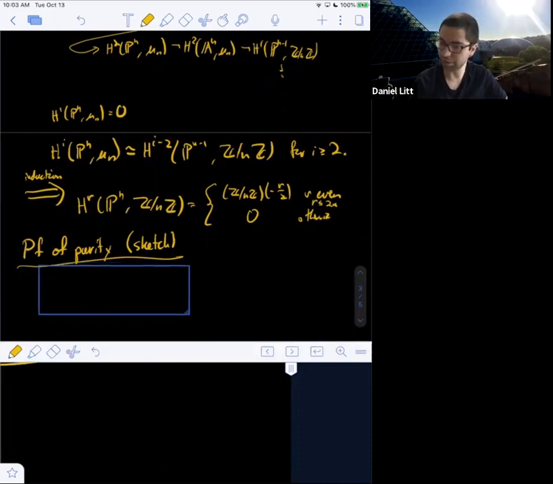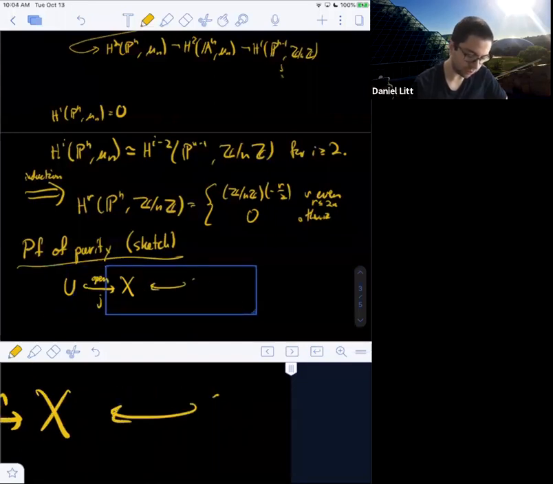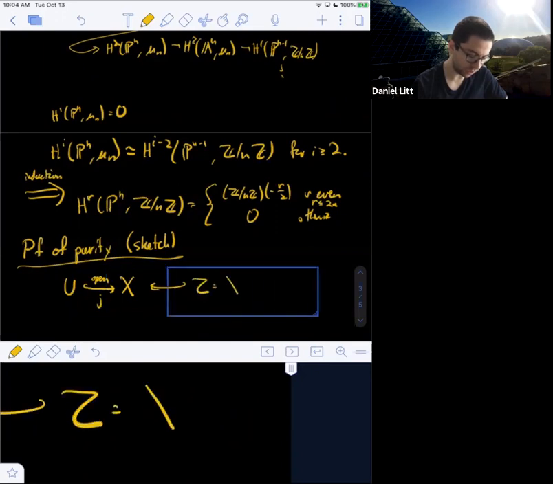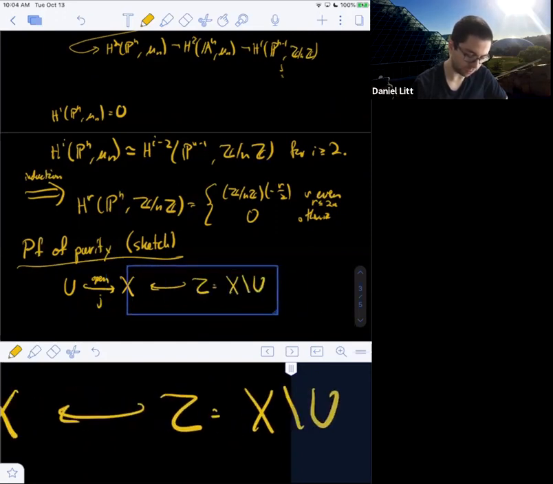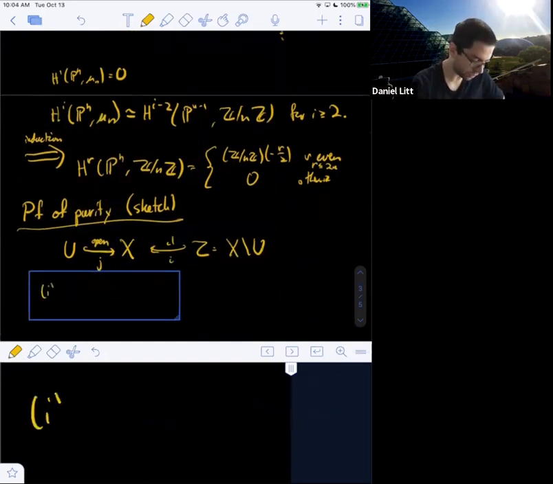Okay, so what's the situation? As usual, U goes into X via some open immersion j, and then Z, which is X minus U, is the closed complement, embedded via some immersion i. And so step one is to reduce to a local statement.